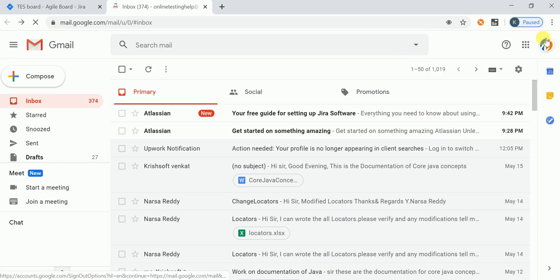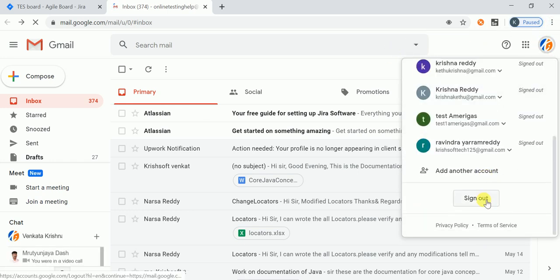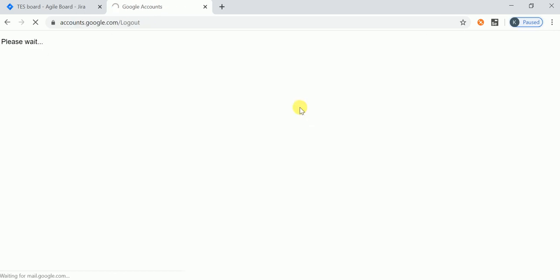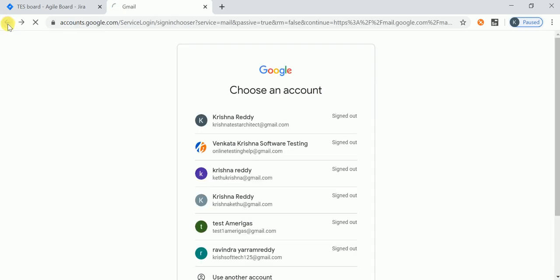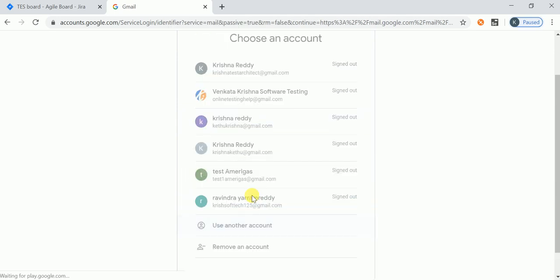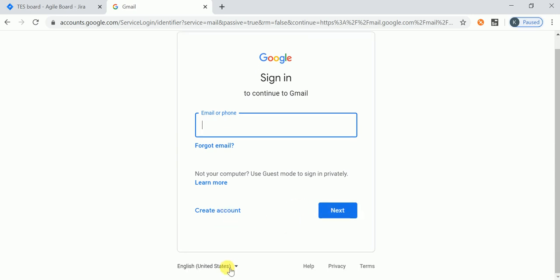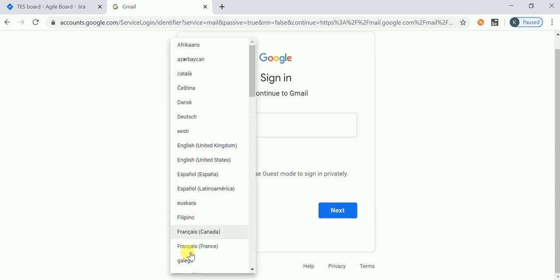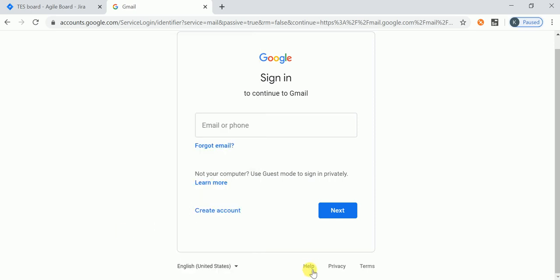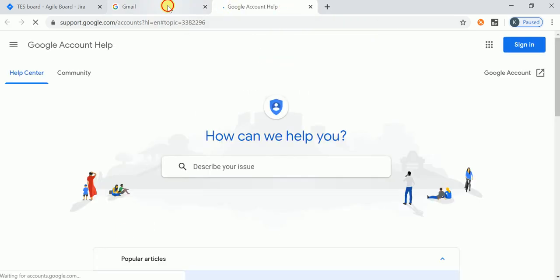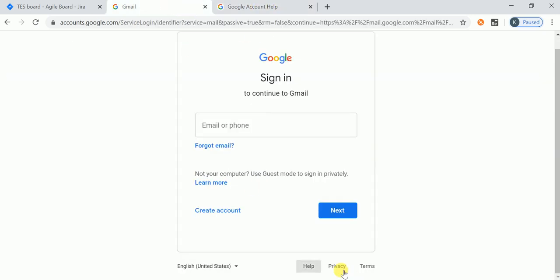These are also positive test cases, right? Okay, and click on create account. This is also a positive test case. And open this, whether all these items are there. That is also a positive test case. Click on help, whether another tab is opened with the help information or not, we can verify. Click on privacy, click on terms. These all are functional positive test cases.